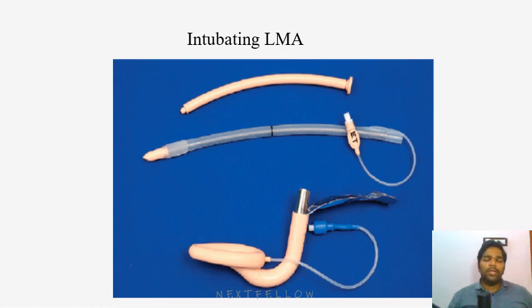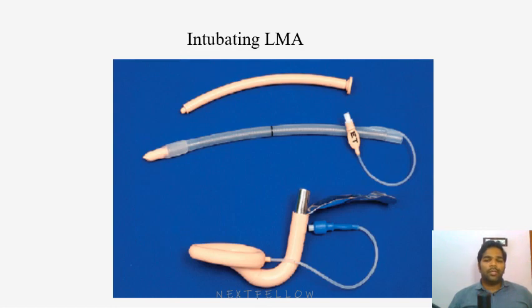Now this is very important. I'm expecting this question may come in the future. So, the intubating LMA. We saw in the previous class itself, one of the advantages of LMA is it can be used as a conduit for intubation. So this is one of the LMAs which can be used for intubation. It comes with a prefixed endotracheal tube. So already there is an endotracheal tube that comes along with this set of the LMA,